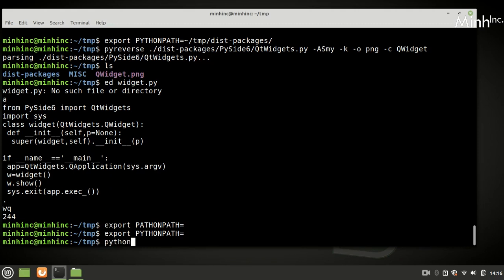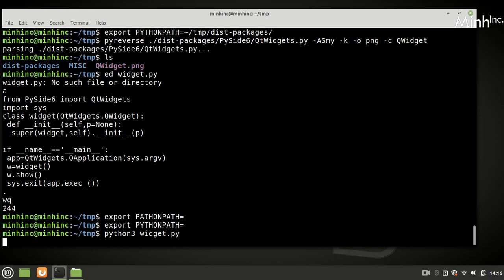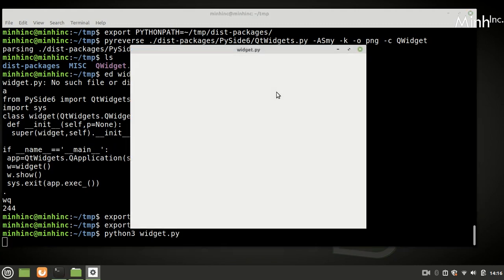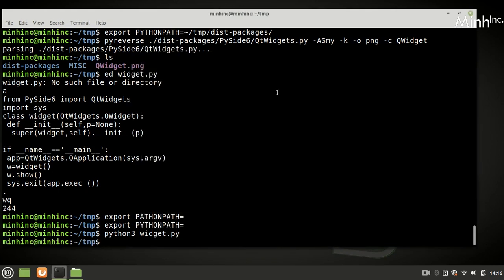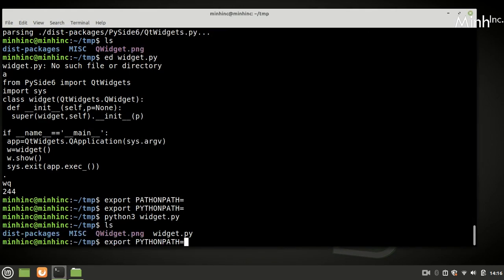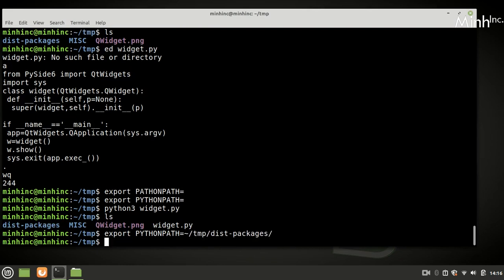Now we'd execute python3. Okay, so this works. So the widget is coming. Now we'll set back our Python path, so that while drawing the UML diagram, it would take from there. So we'll say pyreverse